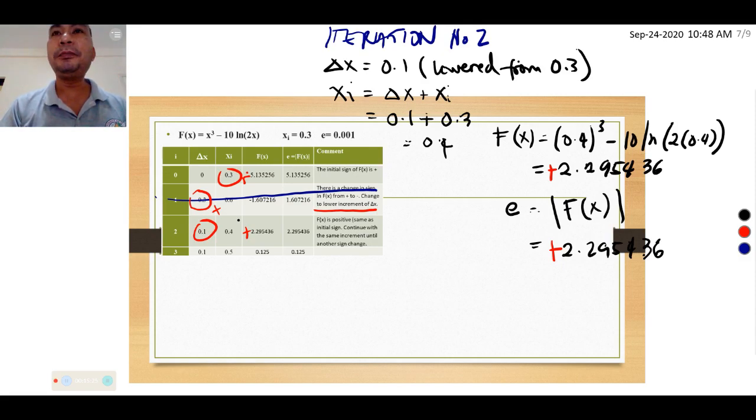Since there is no change, we will continue with the iteration using the same value of delta x. As long as the sign doesn't change, we will continue to use the value of delta x. So let's now go to